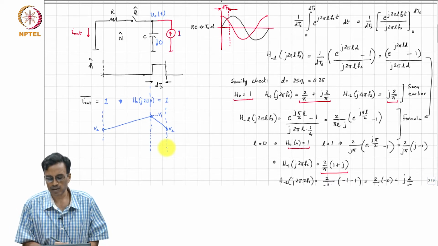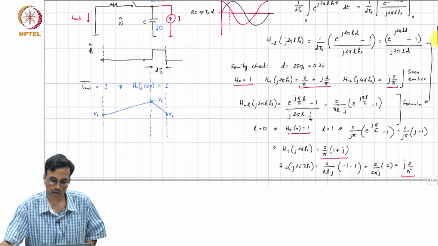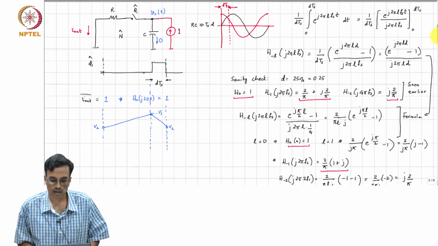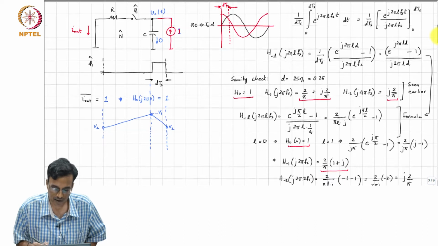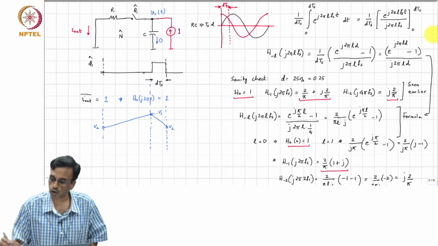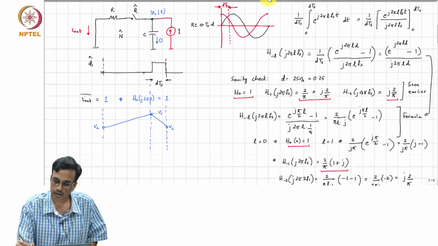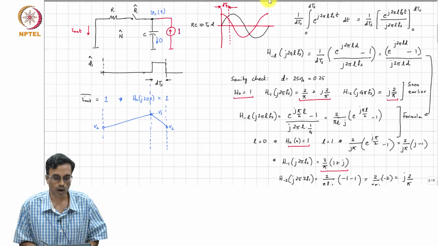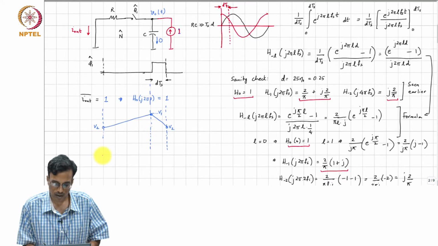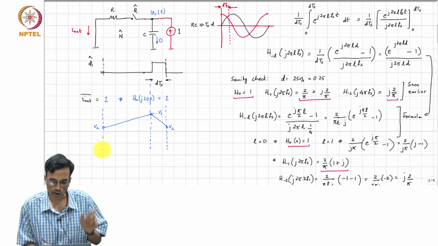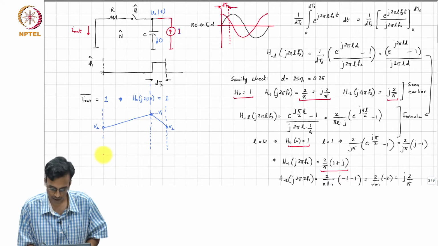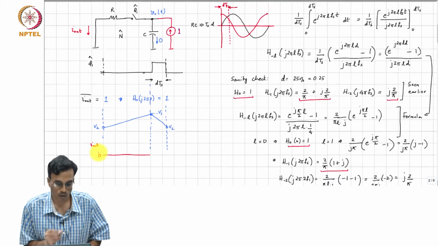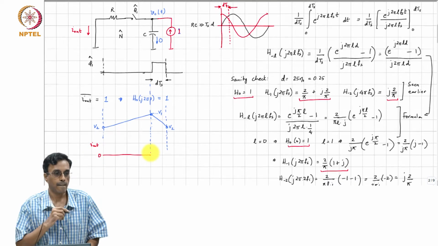Now, what comment can we make about the average value of V1 and V2? Okay, let me ask a leading question. What comment can you therefore make about the current through R? If this is the voltage waveform across the capacitor, what comment can you make about the current through R? The current through R is non-zero only when the switch is on. Yes, correct. So, during this period, the current I out will be 0, correct. All right.